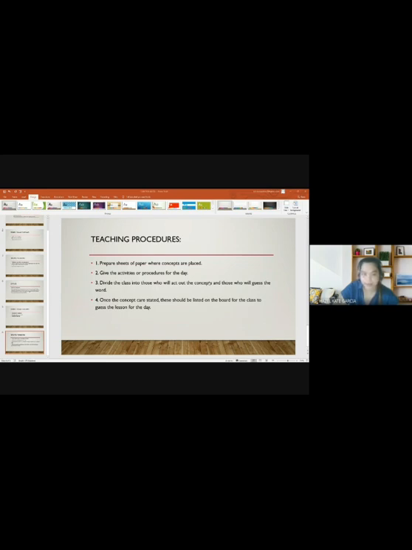Prepare sheets of paper where concepts are placed. Second, give the activities or procedures for the day. Third, divide the class into those who will act out the concepts and those who will guess the word. Lastly, once the concept is stated, this should be listed on the board for the class to guess the lesson